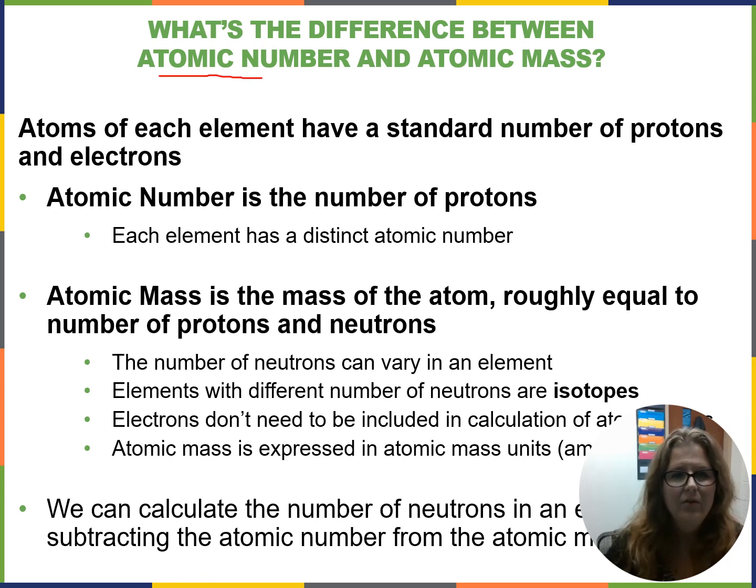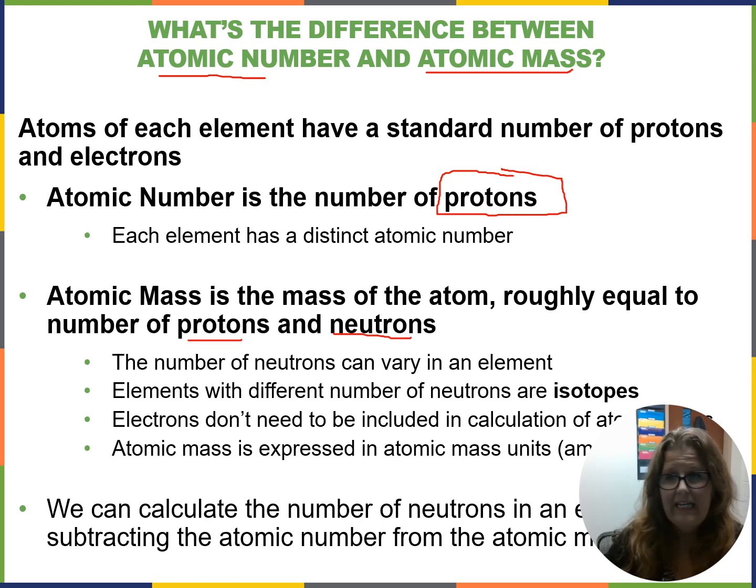So atomic number versus atomic mass. The atomic number is the number of protons. Every element has a distinct number of protons. The number of protons does not change. Where the atomic mass is equal to protons plus neutrons. Now,